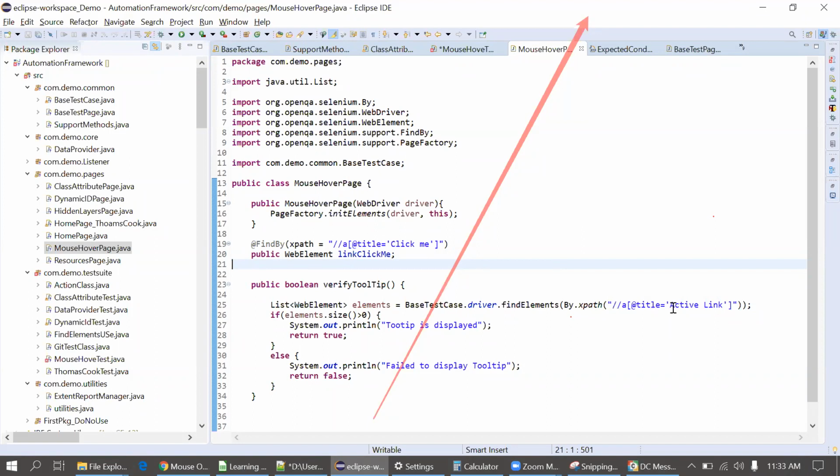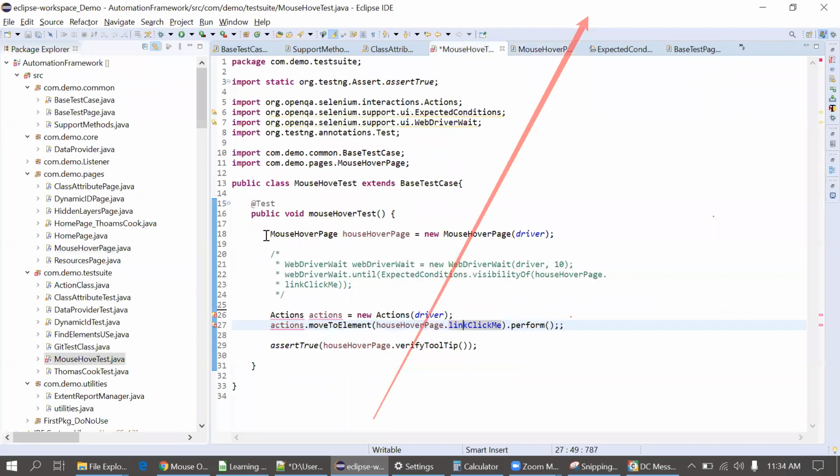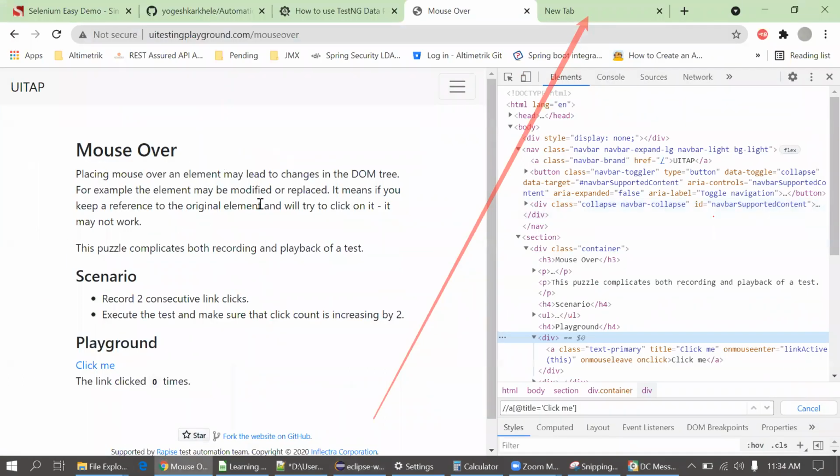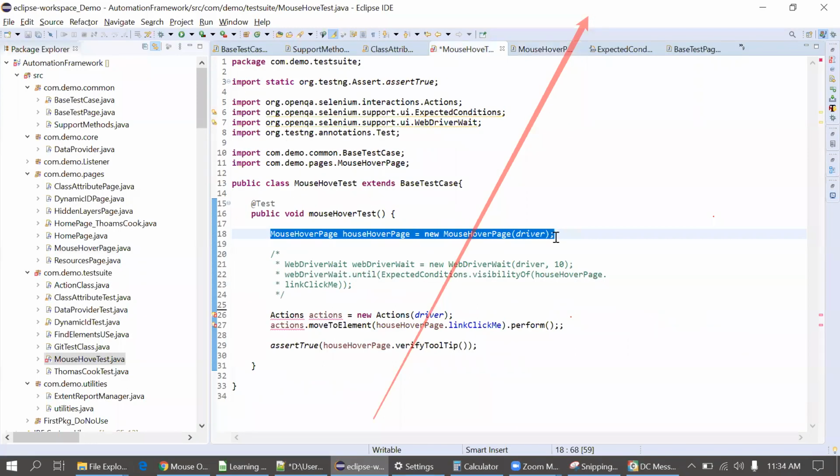Got it? Yes. When there is a page refresh, for example if you are refreshing the page multiple times, every time you have to create an object of it. Suppose this is a simple page that we are not refreshing frequently. If you click on some particular link, this page gets refreshed. Refresh means you see the refreshing icon at the top in the title. In that case, you compulsorily have to create the object again.